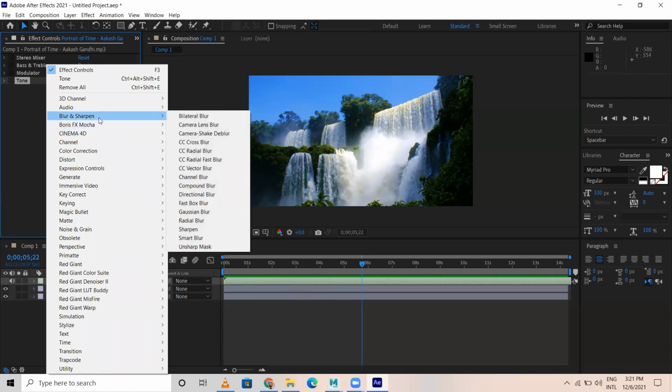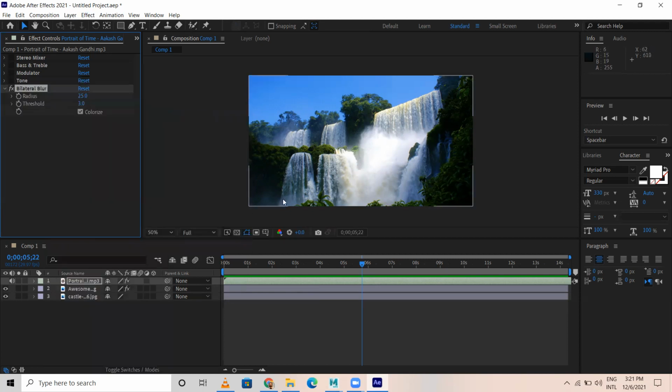Now coming to blur and sharpen, you have a lot of options in blur and all are simple. Normally you might have worked with certain blur tools in Photoshop as well. When it comes to the Adobe family, these blurs are similar across all the Adobe tools. Here, the majorly used are CC blur, Gaussian blur, and a lot of other things.